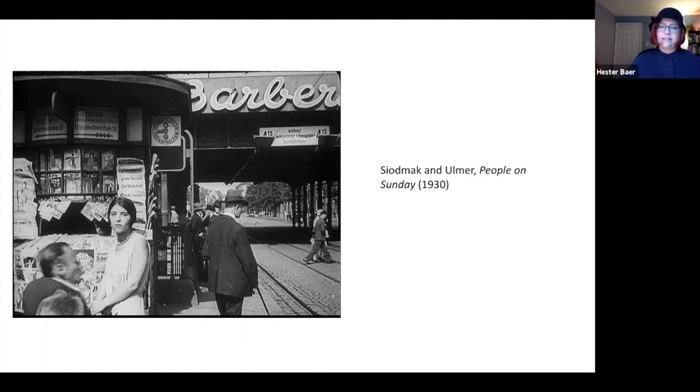As season 1 of Babylon Berlin progresses, there are a couple of episodes that explicitly show characters watching this film, People on Sunday, and a couple of scenes where the visual vocabulary is very predominantly taken from the film. So if this period interests you, I can strongly recommend watching Menschen am Sonntag. It's a wonderful film, and also one that's very interesting to view in tandem with Babylon Berlin.